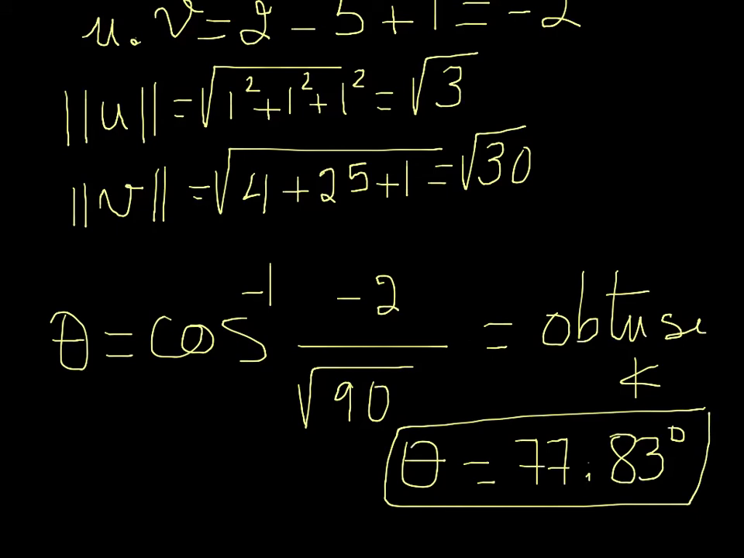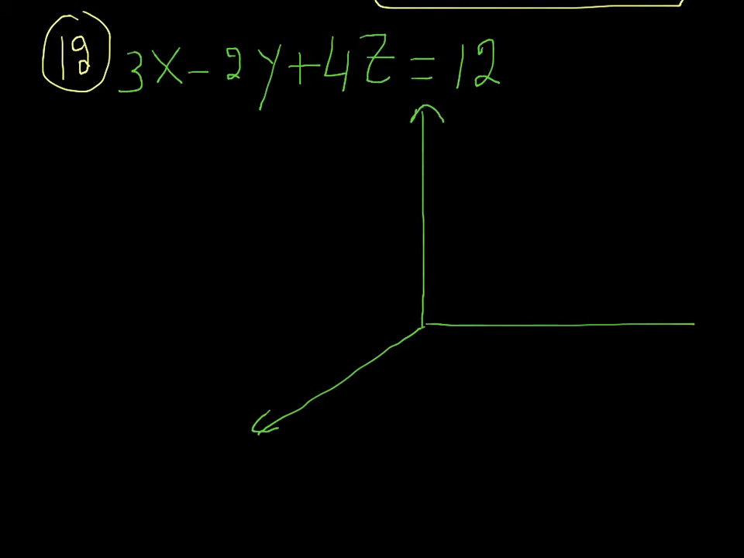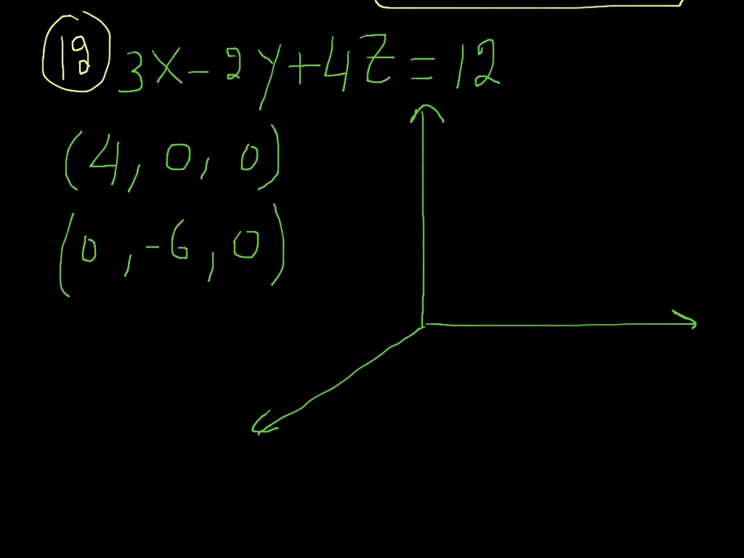Last but not least is graphing number 12, graphing a plane. First of all, I want you to find the x-intercept when y is 0 and z is 0. That's going to be 4. The y-intercept, when z is 0 and x is 0, this will be negative 6. And the z-intercept, when x and y are 0, this will be 3. So if you go to the first point, 1, 2, 3, 4, that's your x-intercept. Negative 6 is going to go in this direction. It's going to be 1, 2, 3, 4,